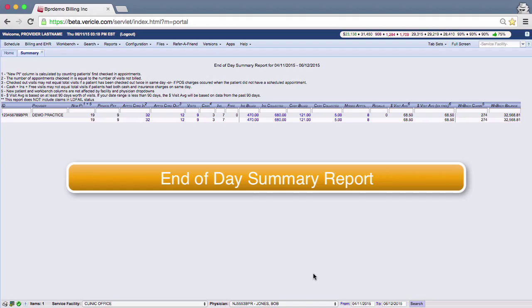End-of-day summary report. You need to evaluate your practice's performance by looking at a quick overview of your key metrics at the end of each day. You need a concise picture of what you are doing correctly and what needs improvement. The end-of-day summary report gathers together in one place key metrics you need to study to run your practice efficiently